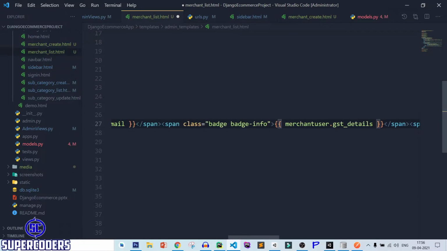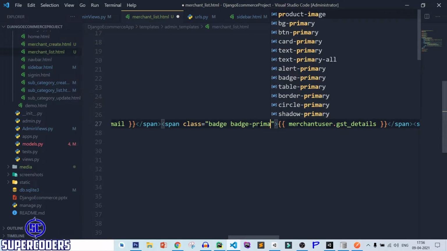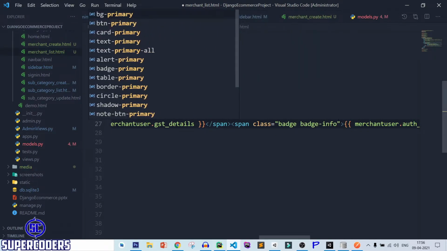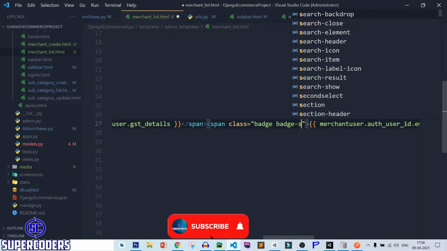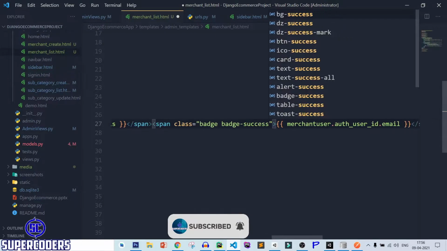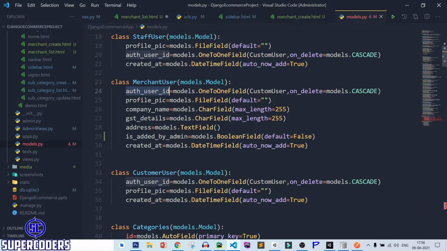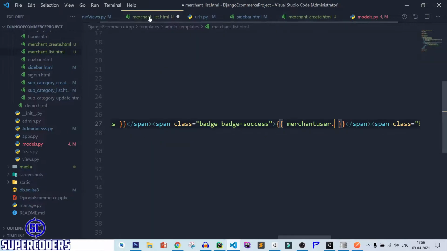After that change to primary, then success, and change this to, let's see other data, company name. So the company name here.